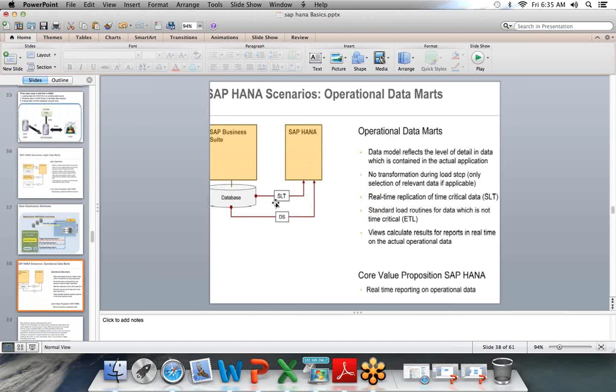So whenever the client requires real-time data in SAP HANA for real-time analytics, what is real-time data? Once the transaction is saved in the source, I need the transaction right away in SAP HANA to build operational data models. The data model reflects the level of detailed data which is contained in the actual application. No transformations during the replication. Whenever the client requires real-time replication, we'll use SLT